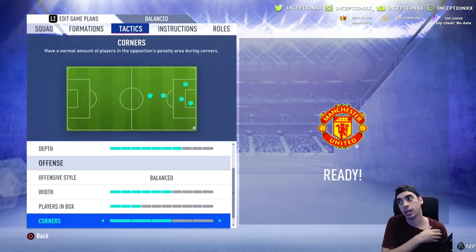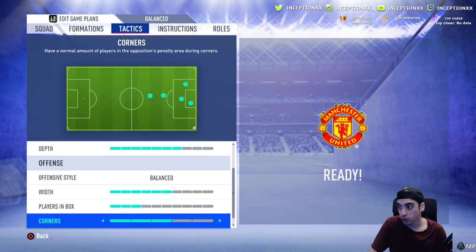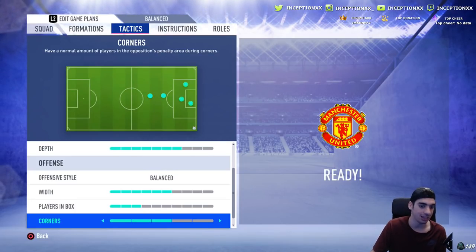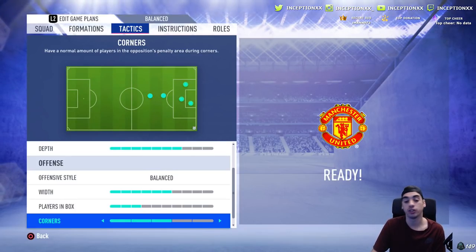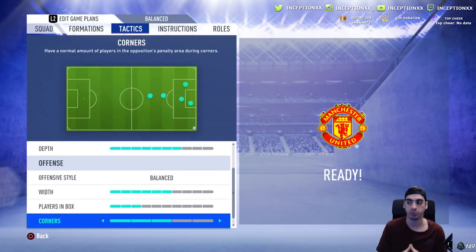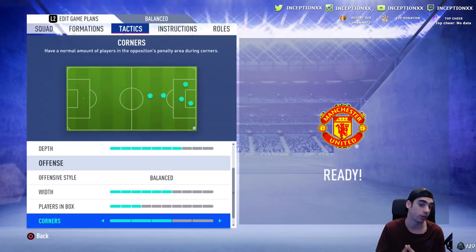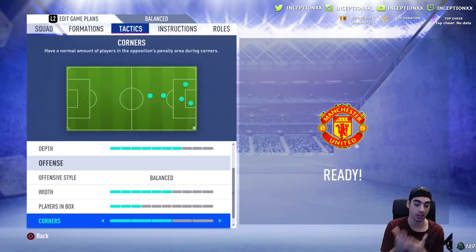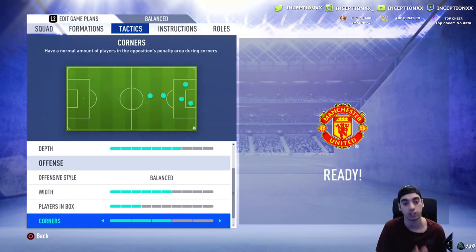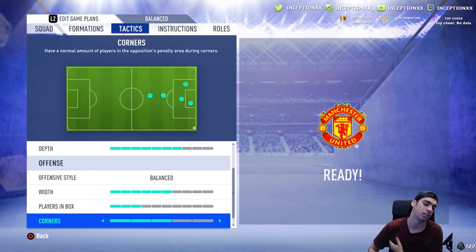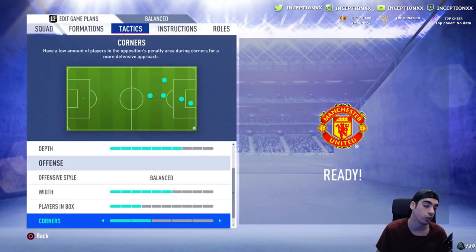So corners. I don't know how the full game is yet, right? But with corners, the near post corner is still very effective in this game. So if you want to have it on a 3 or a 4, your player will always be in that general position so that he can score that near post cross. Obviously, when you're defending the corner, you should always switch to the guy near post so that you can push him to the guy that's attacking near post so that you don't concede those goals, even though it's still very effective, right? So corners, I like to keep it probably on a 1 or a 2, to be honest,